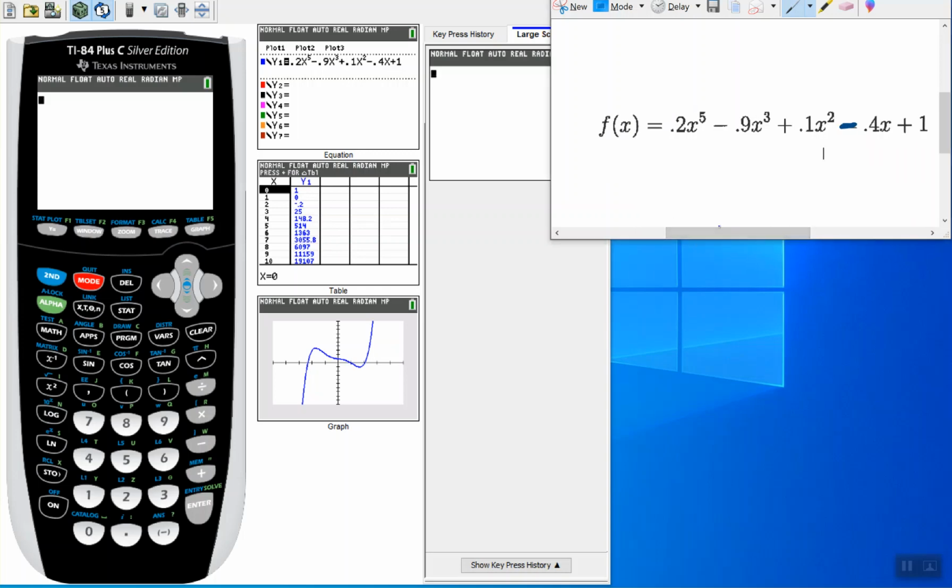Today we're going to be continuing my video series on TI tips, in particular how to do things on your TI-83 or 84 calculator. In particular, we are going to be looking at how to find zeros of functions on